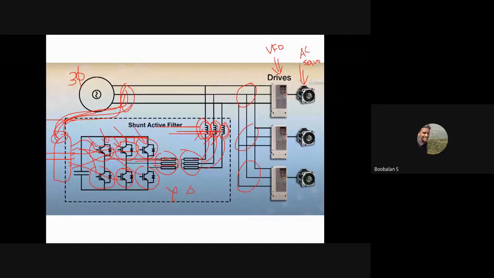So how does this work? Based upon my harmonics and based upon my loads, right? We could change the value of these inductors dynamically, at running time. So this is why it's called an active filter, right? So we'll have one more type.